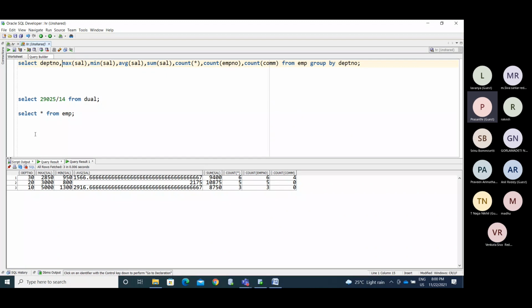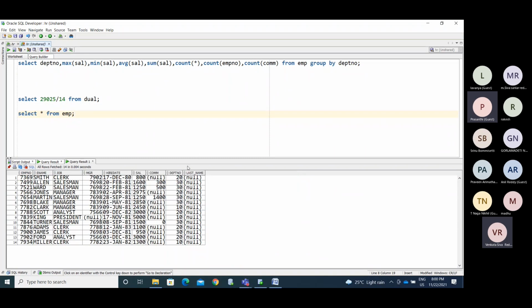See, 30th we have 2850, 20 we have 3000, and 10 we have the 5000. You can check with this. So 10th department, it is showing the minimum is 1300, maximum is 5000. Okay, check with this. So 1300 is minimum, 5000 is the maximum. You are getting that, right?